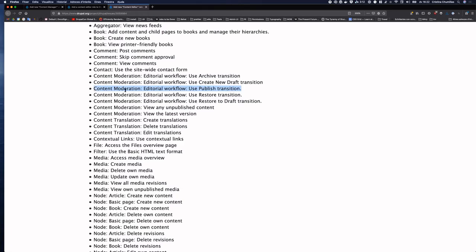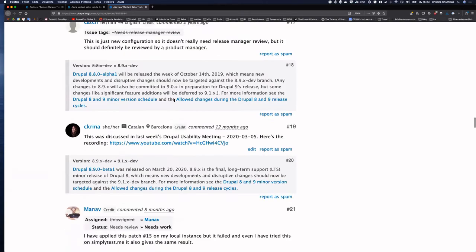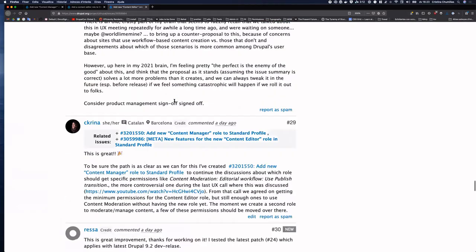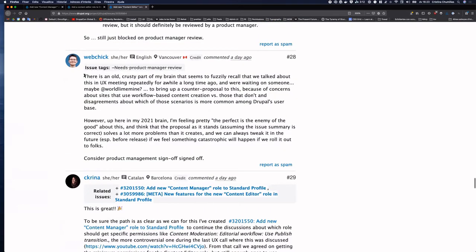The problem is that we had a patch here, but we still needed to discuss a content manager role and do everything from scratch there. It was a while ago, and the last comment from Angie was that yes, we agreed we need this other role, and the moment that we have the two roles,